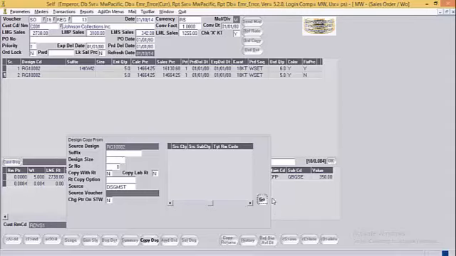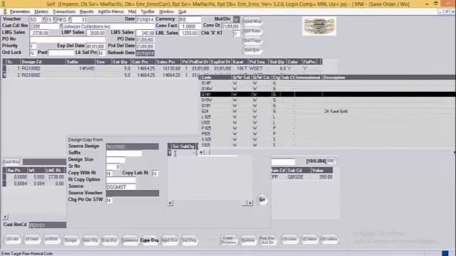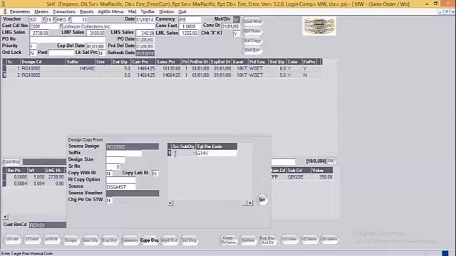For example, the design has been made in 18 karat, whereas user need to book the order in the 14 karat. So the user will specify the RM category over here as G, the subcategory as dash, and the target RM code as G14 yellow.